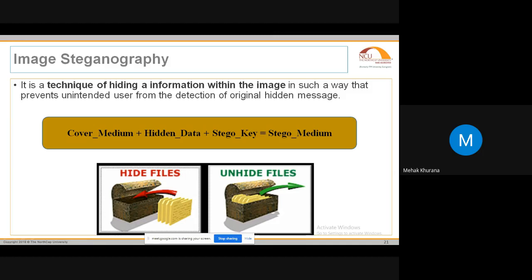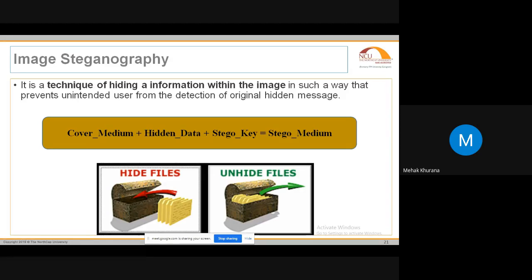But in cryptography, when we are sending the message through a channel, everybody sitting at the channel, like Eve, is able to identify that a message is being sent, but does not know what exactly the message is. Here we have to hide the existence of the message. So the cover that we are going to take in this steganography is an image. Image is the cover that we are going to take in this session. So the image is a cover which is going to hide the data that we are going to send. Whatever message we have to hide, we are going to hide inside the image.